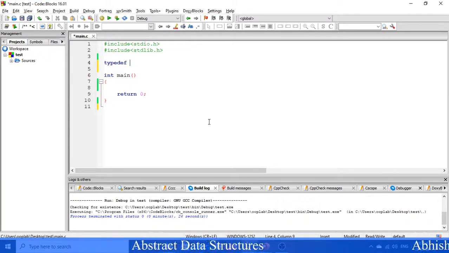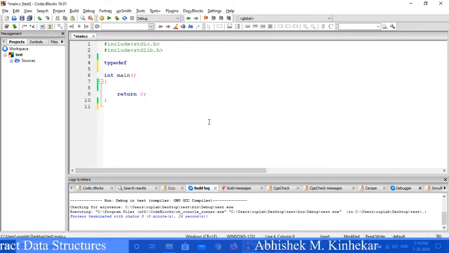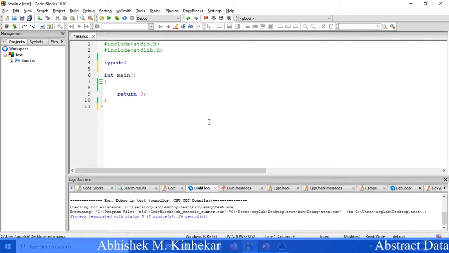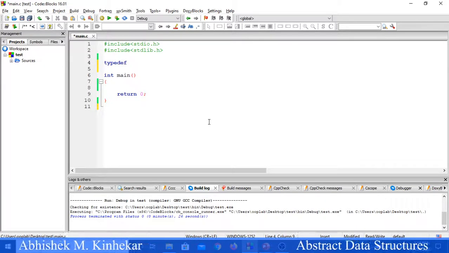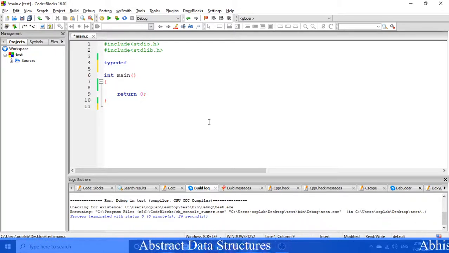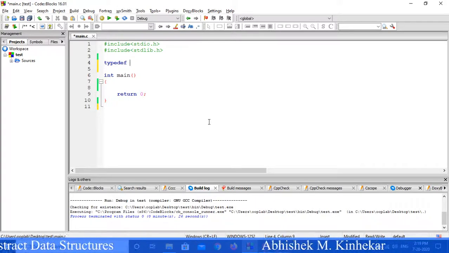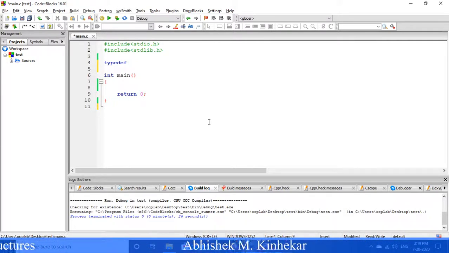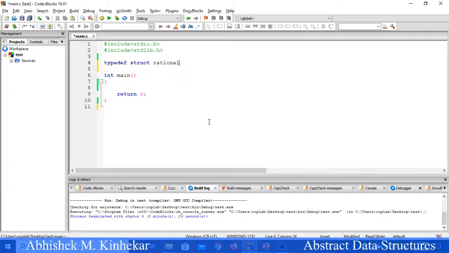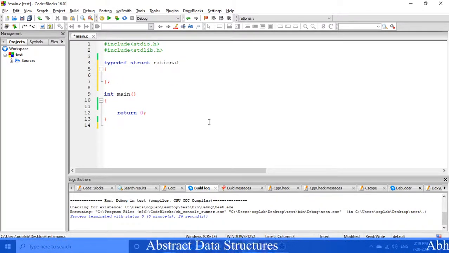But what exactly do we expect in this new data type? We know that a rational number is of the form a by b, or numerator by denominator. So let us create something which is a combination of two variables. Anything can be used for this; I am using a structure because of its simplicity. Let us create a structure by the name rational. How do we write it? By using the keyword struct rational, open curly braces, and put a semicolon after it.